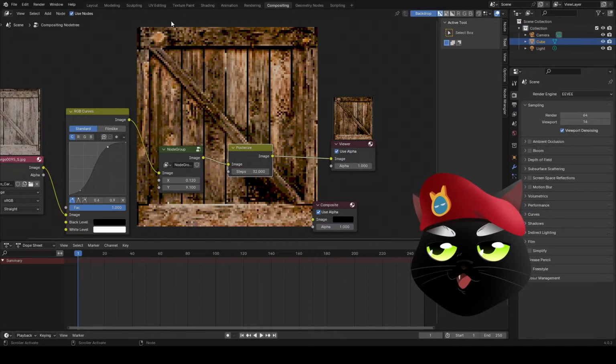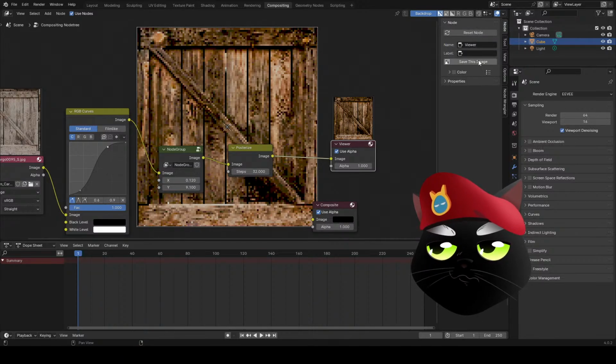So let's save this image, okay? To save this image as a texture, right? We want to make this the texture of a cube that I have on the scene, okay? So we can have a crate. So I'm gonna click on the viewer node. I'm gonna go to the node options here, and I'm gonna click on save this image. I'm gonna save it as, I don't know, I'm gonna put it like 32-bit crate, and then